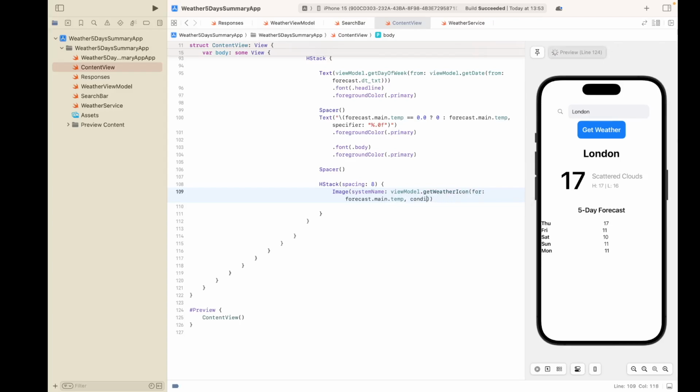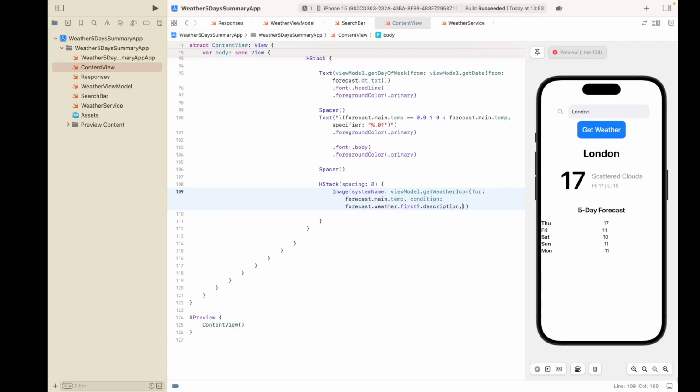It should be condition. Forecast, dot weather, dot first, description,